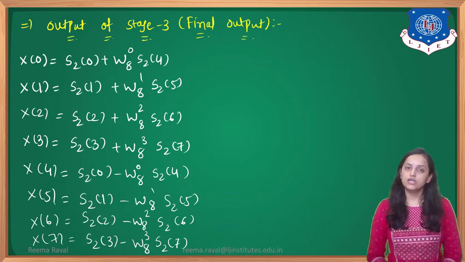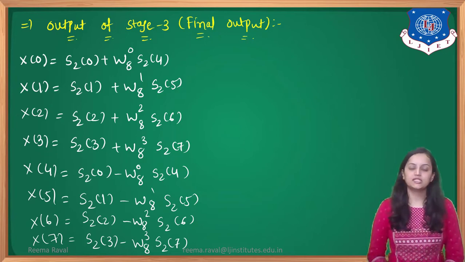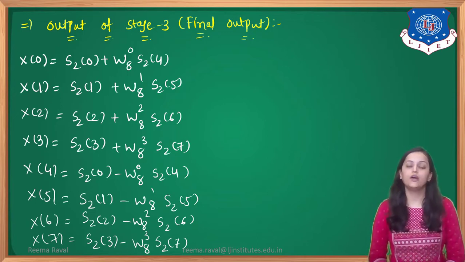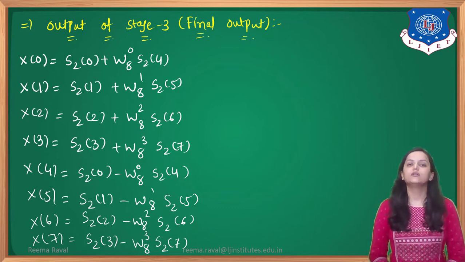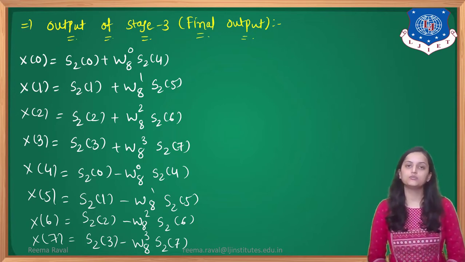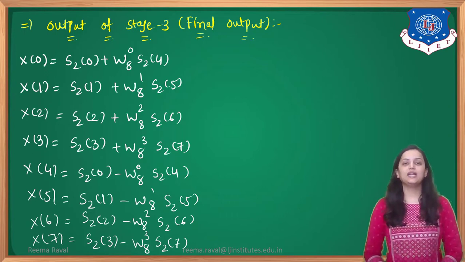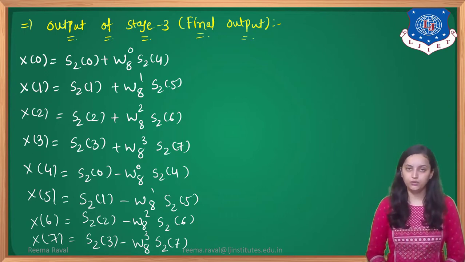If constant values are given in terms of input, let's say for example x of 0, x of 1, likewise, given as 1, 2, 3, 4, 5 and so on, we will place those constant values in these given equations and, multiplying by the twiddle factor values, we will get the final output in terms of constant values. Okay, so I hope that the DIT FFT structure is clear to you now.